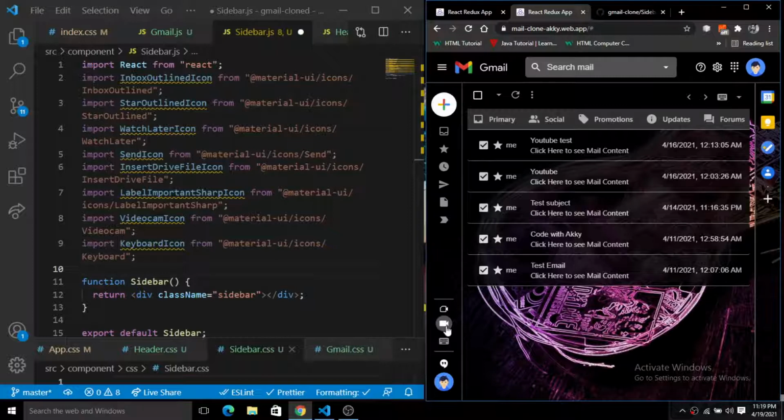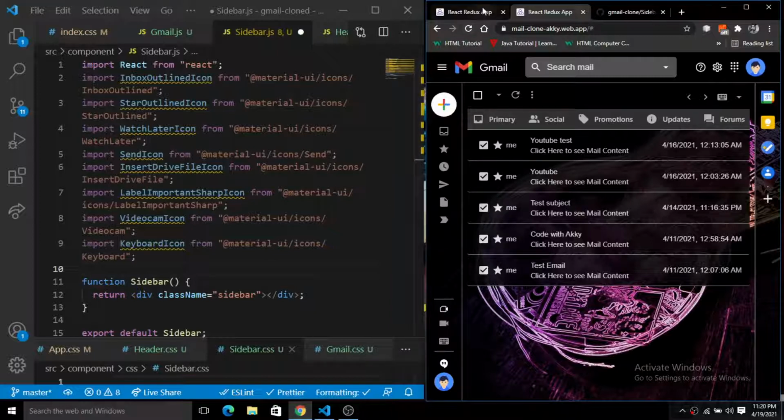Next we have this videocam icon and the keyboard icon, right? So everything is icons here, but this is an image, and this is the avatar, and this is the hangout and the hangout and this meet link. So here both of these are images.